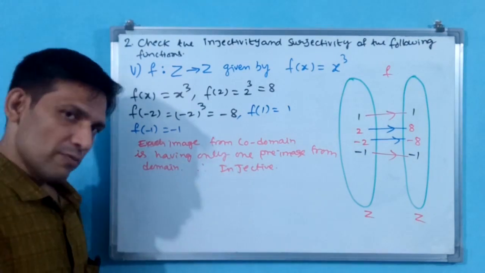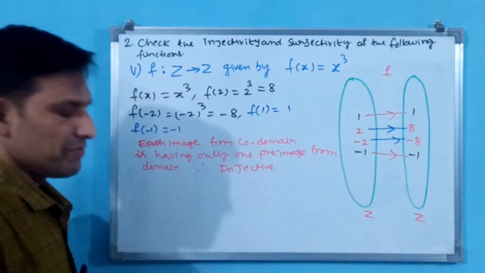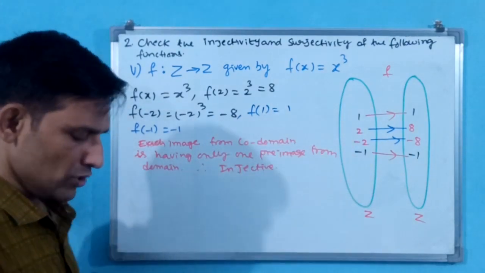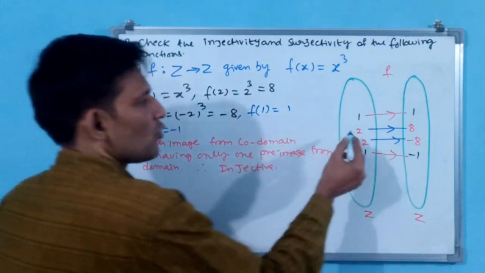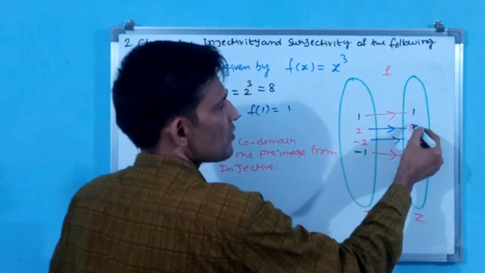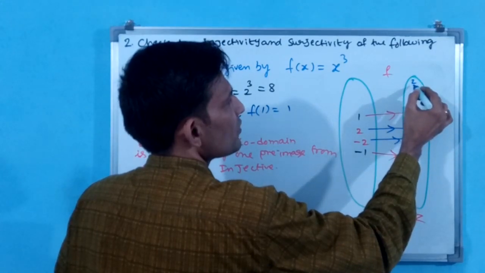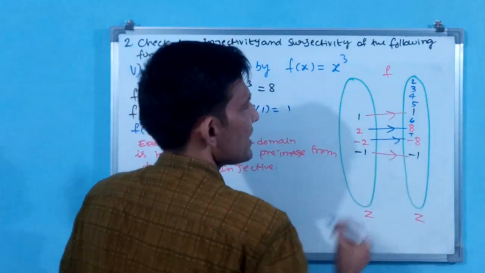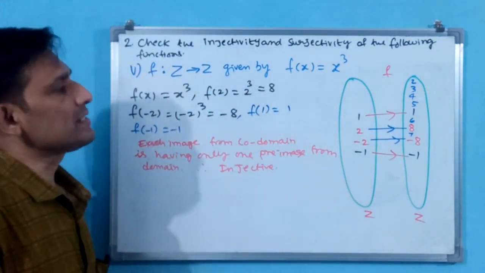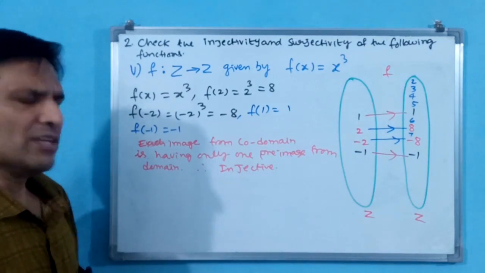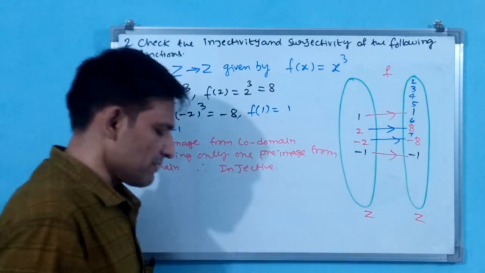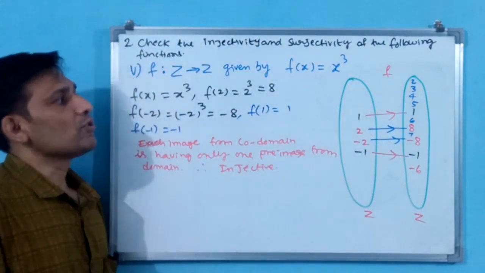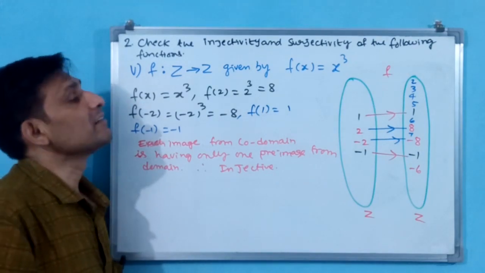Now we see the surjectivity also. Surjectivity we need not go into more, already with the existing results we came to know. See here, 2 to 8 is there, 1 to 1 is there. But what about between them? Here 2 is there, 3 is there, 4, 5, 6, 7 are there. Now you think, what about these elements, 6, 5, 3 and all, both negative and positive? I can even write minus 6 here. Do you find any relation for those elements?